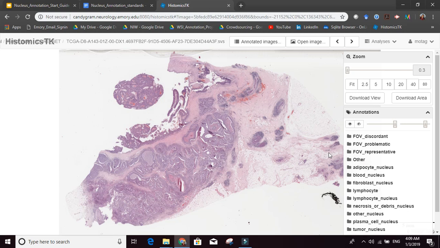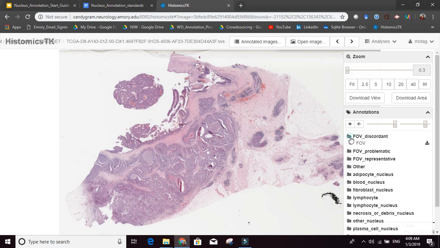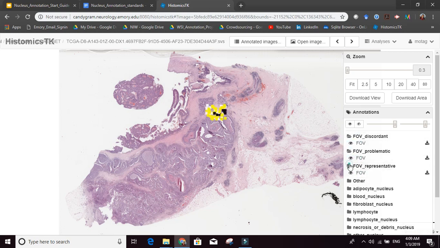After you click Open, the first thing you want to do is get a general idea of where the fields of view are. So you click on this one, and then click on the eye icon. You will notice that all of these have become open. These folder names show groups of annotations, while these ones just show the styles of annotations.